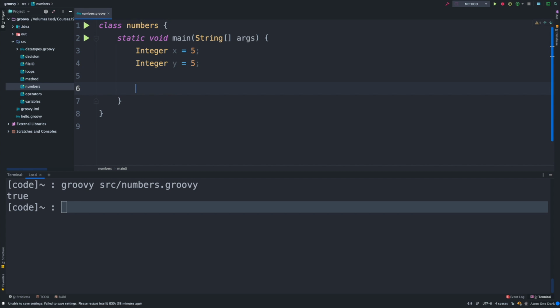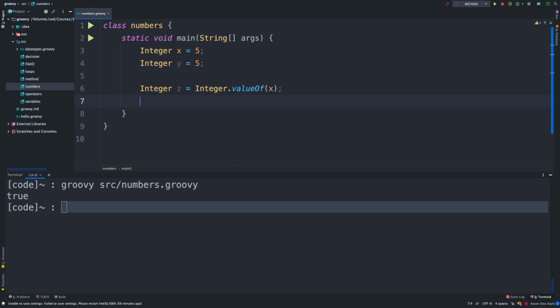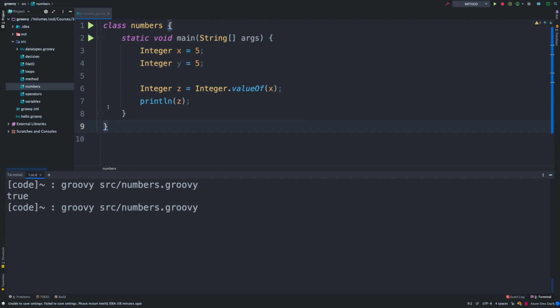So let's create a new integer. I'm going to name it z equal to, and then we use Integer dot valueOf x. I'm going to use println and just print z. Now let's run this code and I expect z will have a value of 5.